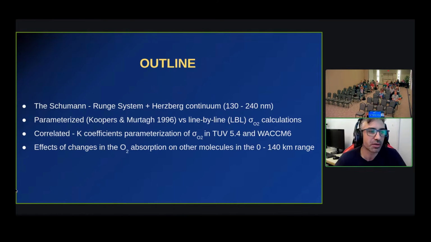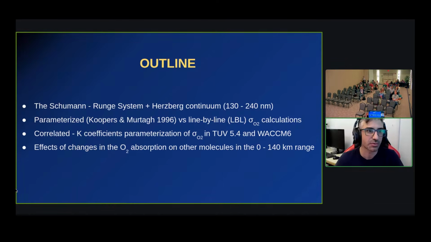I will compare the parameterized versus line-by-line computation of the oxygen cross-sections. I will introduce a new parameterization, the correlated K coefficients of the cross-section of O2, in the TUV 5.4 and WACCM 6. And finally, I will discuss the effects of changes in the O2 absorptions on other molecules in the